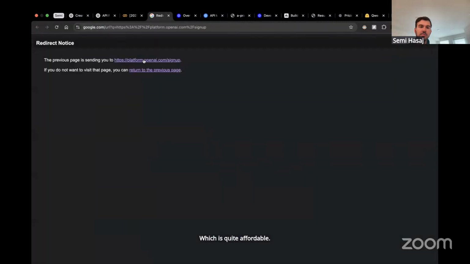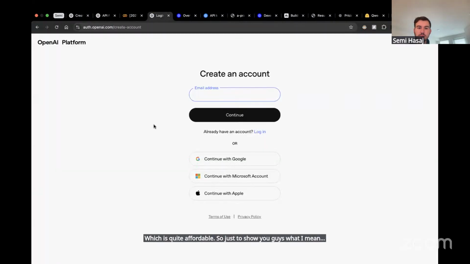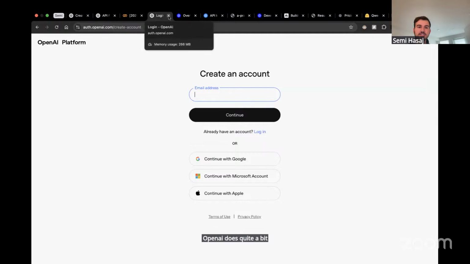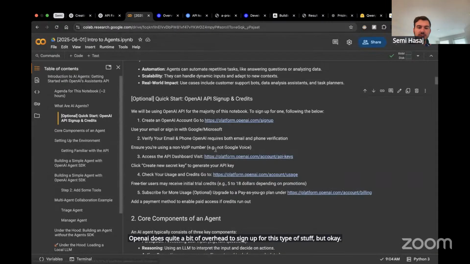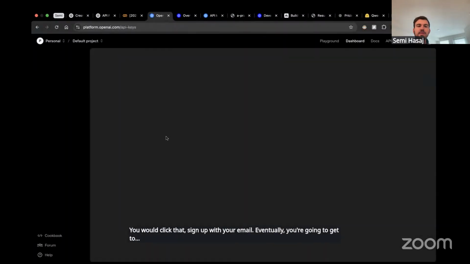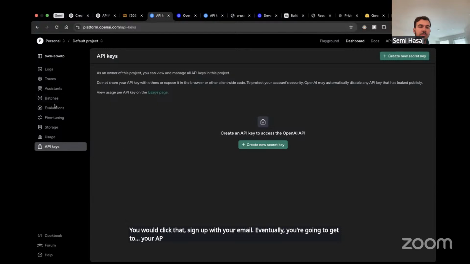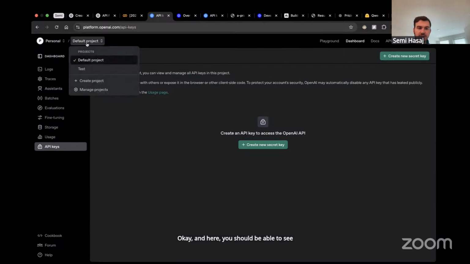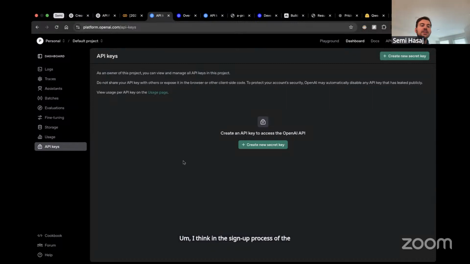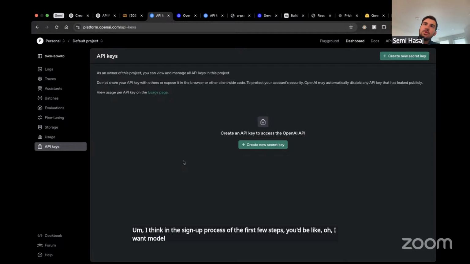So just to show you what I mean, you'll go through this process. Unfortunately, OpenAI has quite a bit of overhead to sign up for this type of thing. But you would click that, sign up with your email, and eventually you're going to get to your API platform dashboard. Here you should be able to see that at some point you've created a project, and in that project you've picked an API you want. I think in the first few steps of the sign up process, you'd say, I want model GPT-4o mini, or I want this and this.